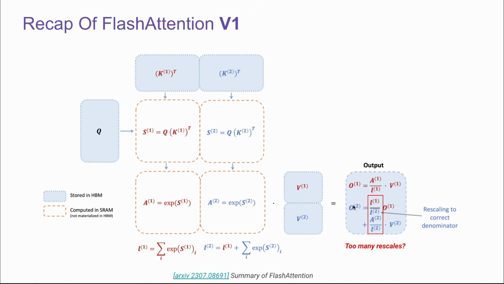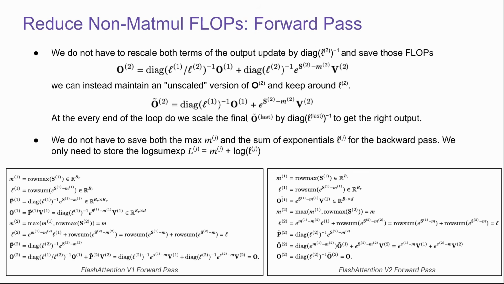And for O2, we have to rescale it to the correct denominator to get the accurate output scores. Now, is it possible that we're doing too many rescales since it's not matrix multiplication? Is it possible to reduce some of the operations here? The answer is yes. The first optimization in FlashAttention V2 is to reduce non-Matmul flops, and one of them is to